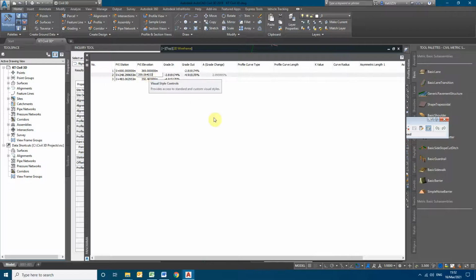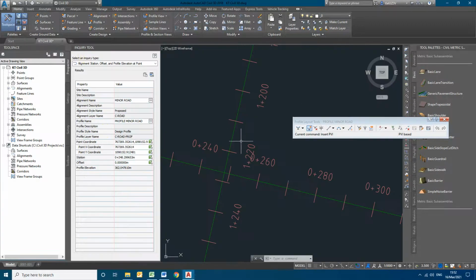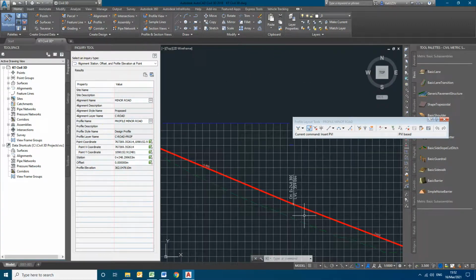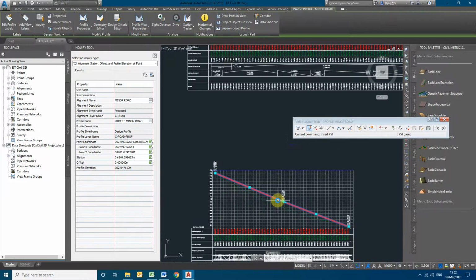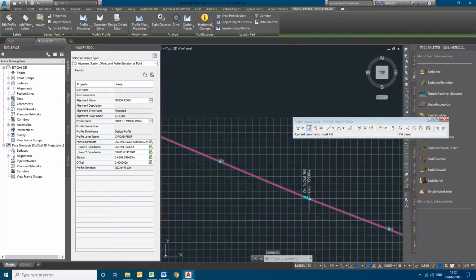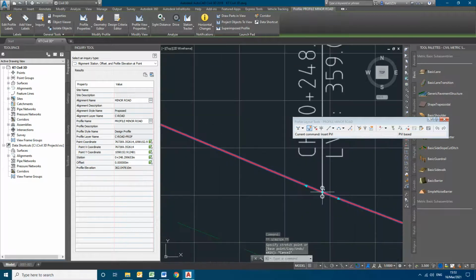So this is the level I have to maintain. In the profile, if you see, the profile has been handled for this chainage. So this point is frozen over here.